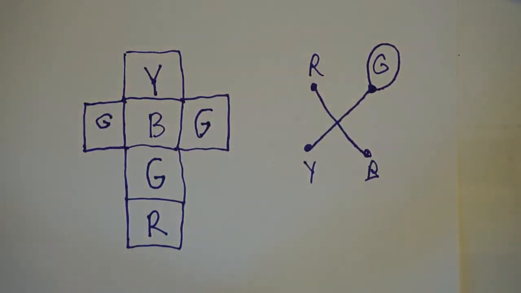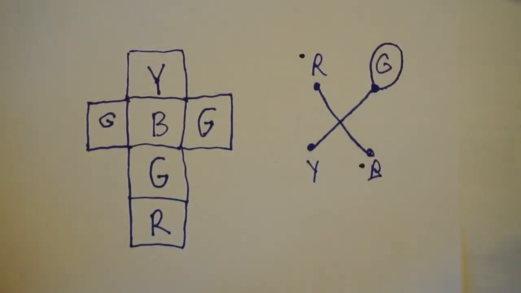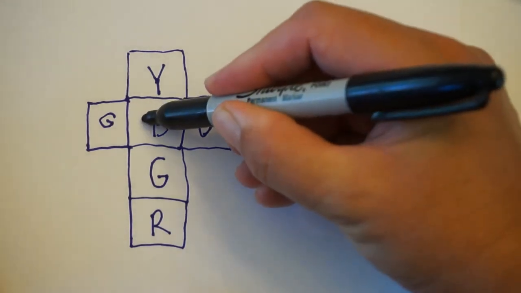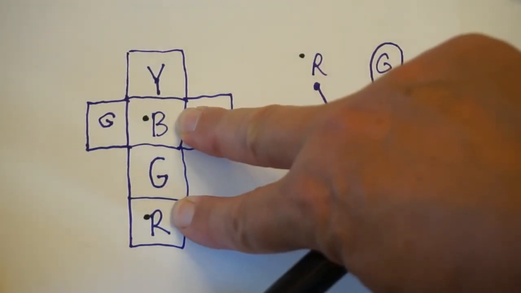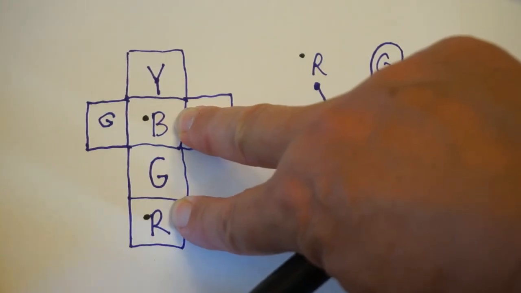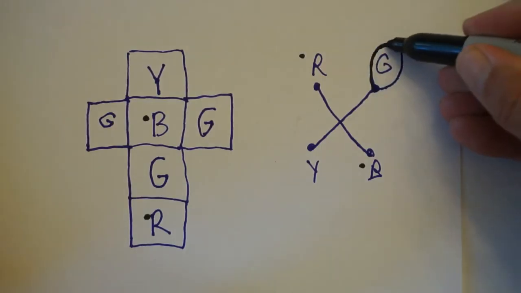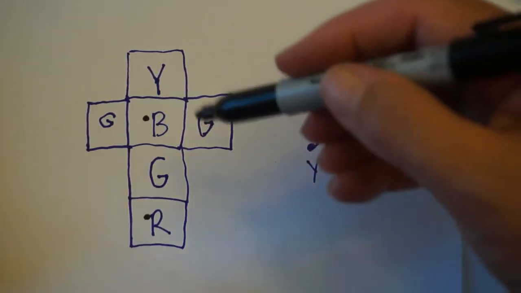So something to notice here, we see that red and blue are opposite each other. Where are those? Here's blue and red, and those are 2 spaces apart. If you were to fold this up, these would be opposite each other. Similarly, we remember that when we have this loop connecting green to green, that those are opposites, and you'll notice